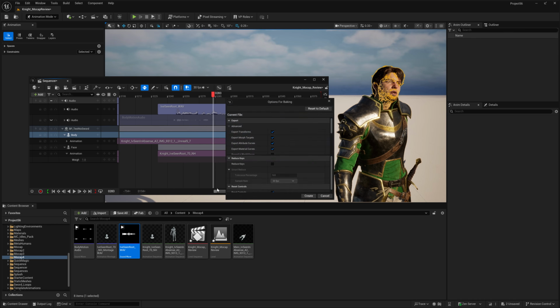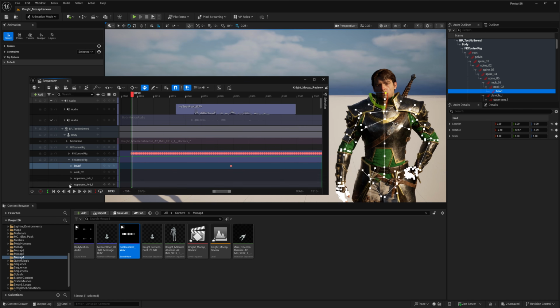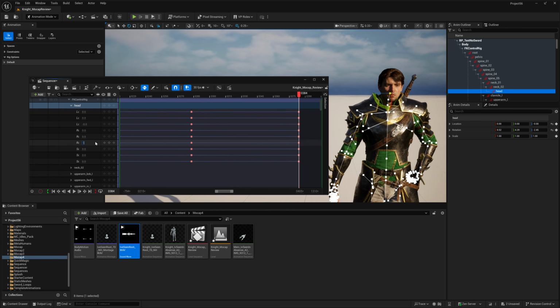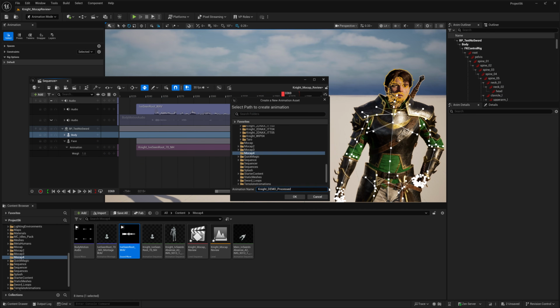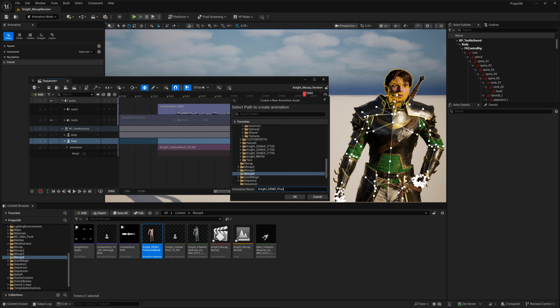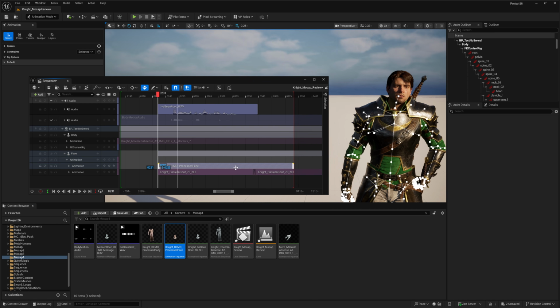At this point, I'll start doing small corrections. For example, here the head direction feels slightly off. I can quickly adjust that using a control rig and key some animation on top. These are subtle tweaks, but they help to make the performance feel more intentional. Once I'm happy with the result, I bake both body and facial animation down into clean animation assets. This gives me a stable, flattened version that I can reuse and bring into my final scene.